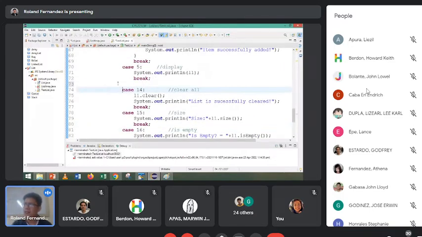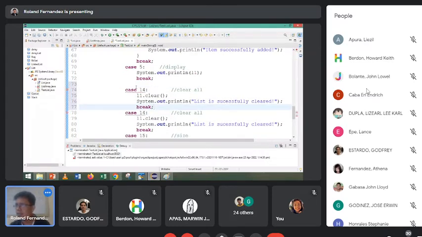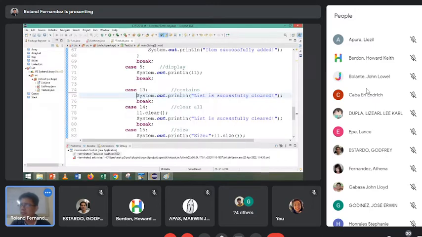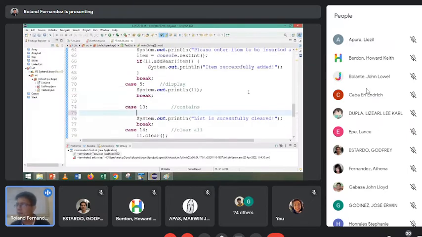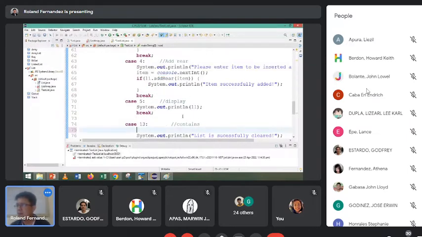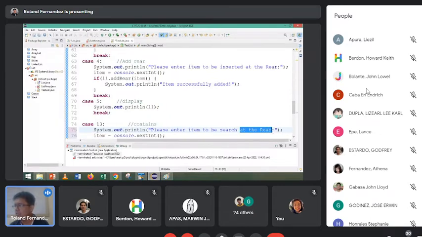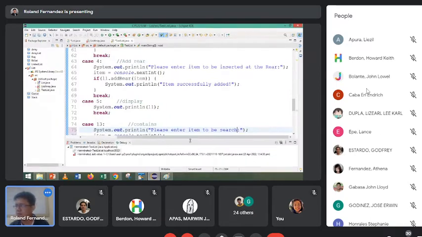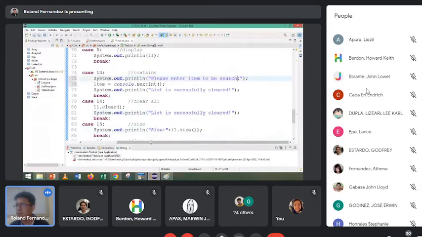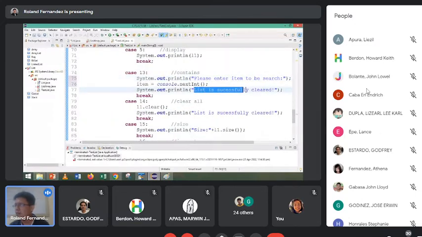So contains C13. So 13 is contains. Wala ni si clear. So yung ko mga isa kong item nga kung pangitaon sa please enter item to be searched. Search in the list ra diretso. Item to be searched. This item to be searched sa mingon din ko